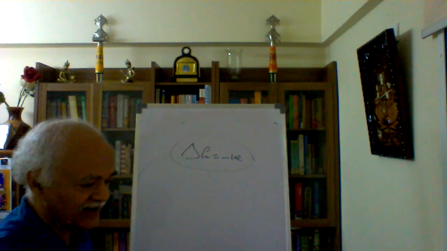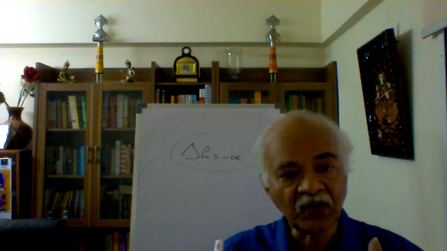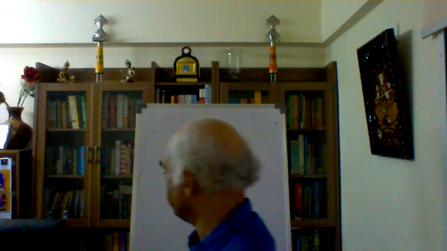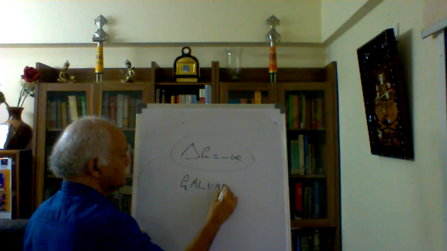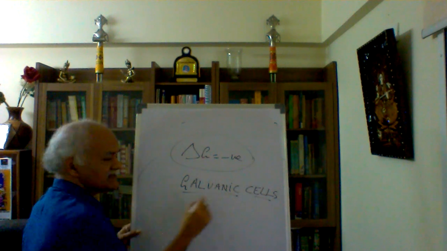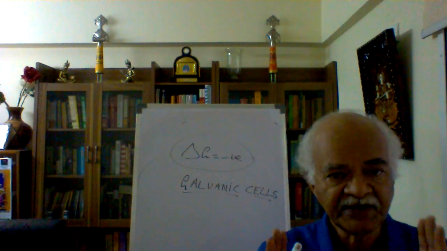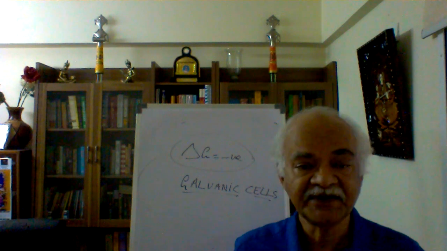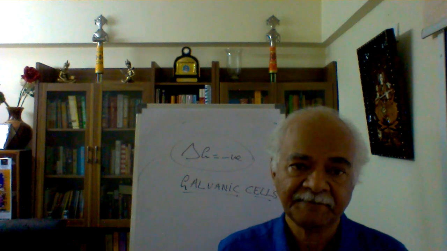And incidentally, all those reactions we can club them together and call them with a common name. They are galvanic cells. Galvanic cells. So what we have discussed a few minutes back is nothing but a very good example of a galvanic cell. Let us take up that example and probe the features of a galvanic cell, right?